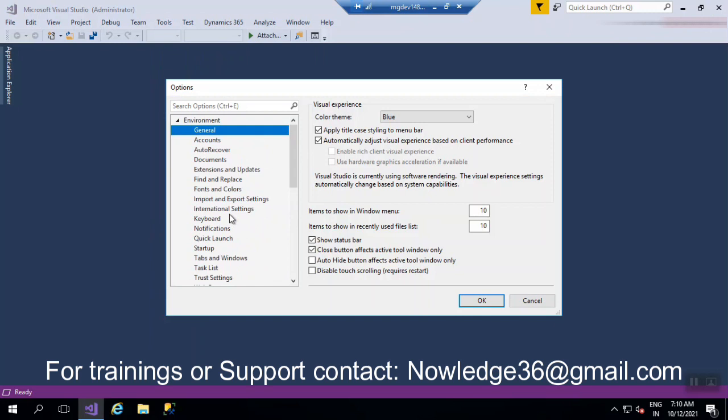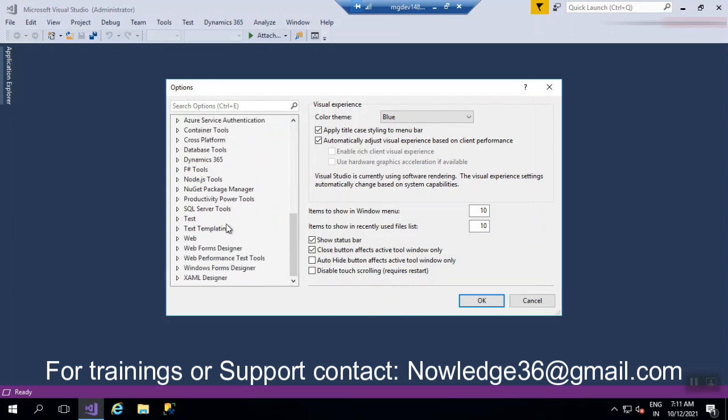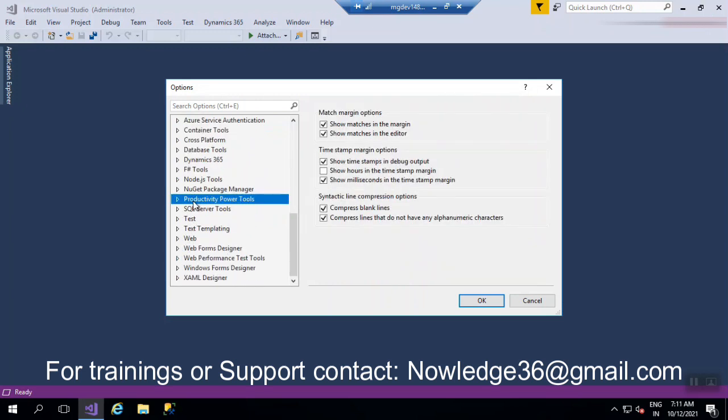After installation, if you are unable to see Productivity Power Tools here, you just close Visual Studio and reopen it again, so that the changes take place. That is the reason I'm telling you this.